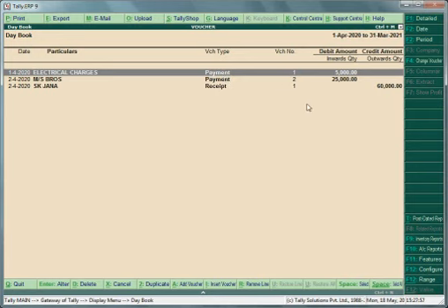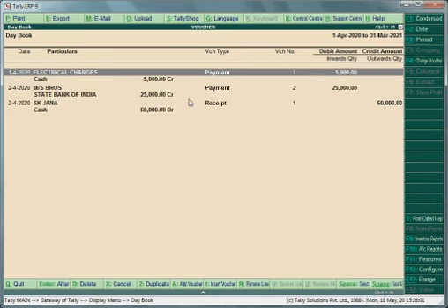Now for detailed, we press Alt plus F1, and here we can see on the date of 1st April 2020 we paid electrical charges for cash rupees 50,000 in the payment voucher. Next, on 2nd April we pay Mrs. Brothers by State Bank of India 25,000, and on 2nd April 2020 we received cash against SK Jana.